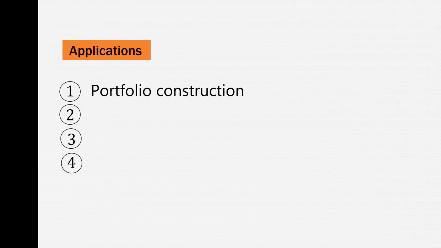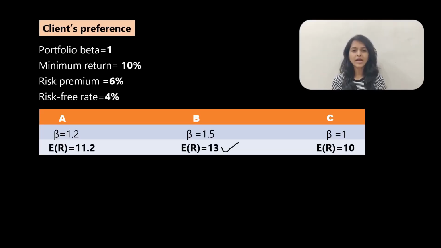Now the same example, we'll use it for risk assessment. Instead of portfolio construction, if an investor had to choose an individual stock, we know B offers the highest return, but it comes with higher risk due to its higher beta value, while C offers the lowest return of all, but carries risk equal to the market risk. If the client is a risk taker, the manager would suggest going for B, or else C if the client is less of a risk taker.